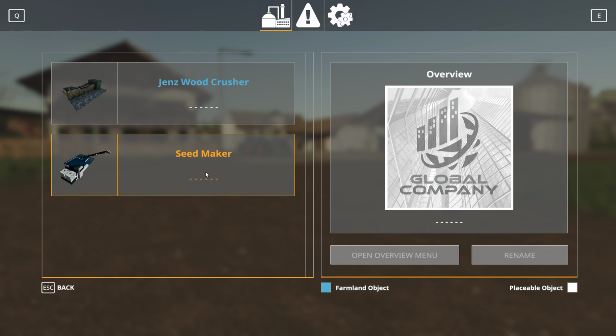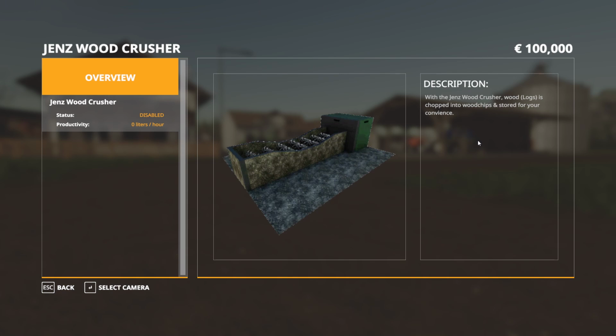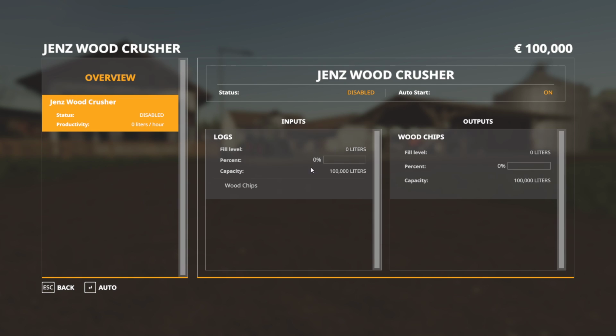So the Seed Maker, because that's loaded in through the default items XML, it's in white, which is classed as a placeable object. But my Jenz Wood Crusher, because I've integrated that into the map, it's in blue, which is now designated as a farmland object. So we can click on this, go into the overview. Our description is correct. It's all in the right language, for me at least, and it displays correctly and whatever else. And all of the text here, Jenz Wood Crusher, we can click on this, Jenz Wood Crusher, and we